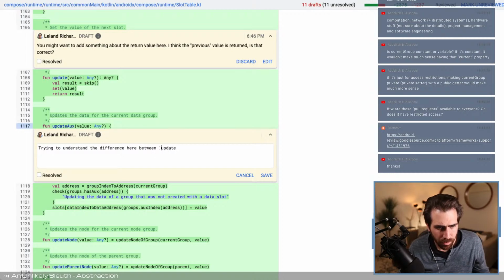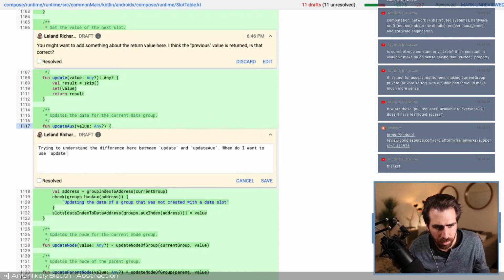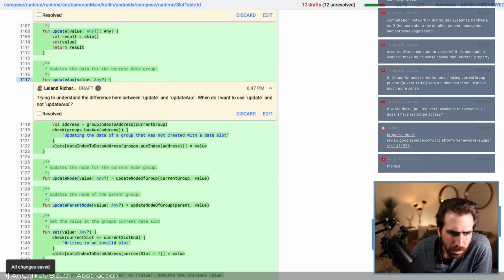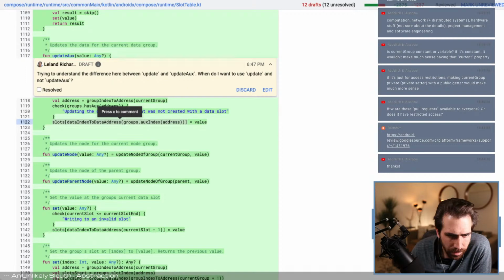Do I want update and not update aux? The other thing is this seems very similar to what set is. Is that right? Yeah, data index to address. Okay, so set